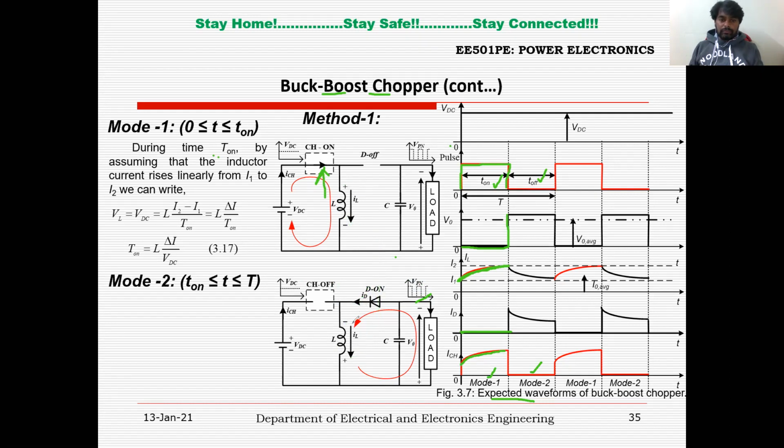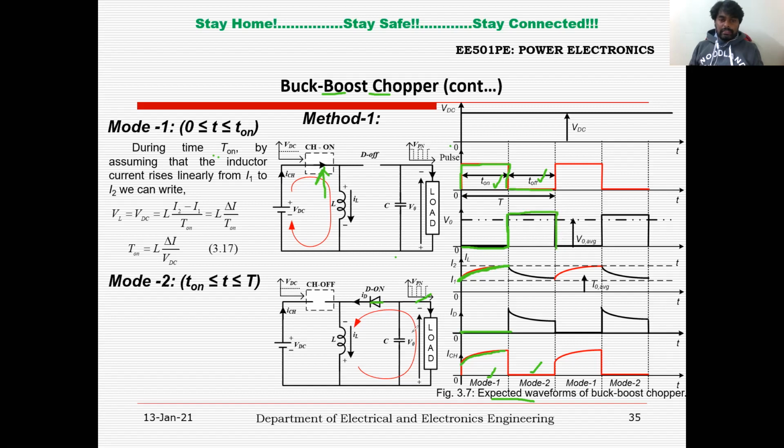And now negative is connected to the cathode of this diode, and positive is connected to the anode, to the load. So the diode is in forward bias condition, it will conduct and is replaced by a short circuit. You can see there is a short circuit in the diode. Now the current always flows from higher potential to lower potential. Now the source for this loop is the inductor, the energy stored in the inductor. So it leaves from L positive to the battery and back to L negative through the diode. So this is the direction of current. Because of this current, you will get some voltage, this much voltage. So this is during the T off time period.